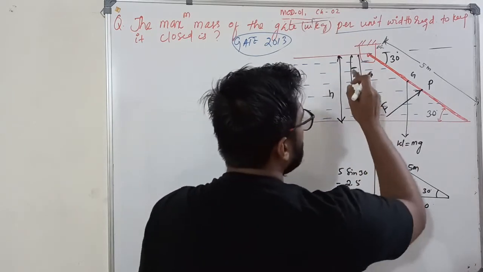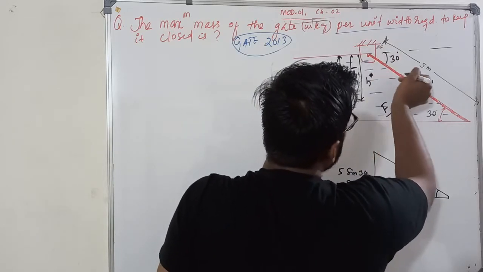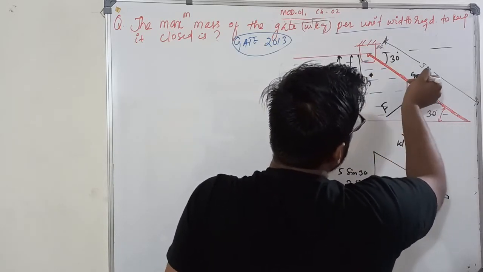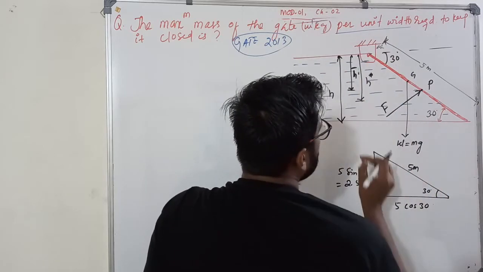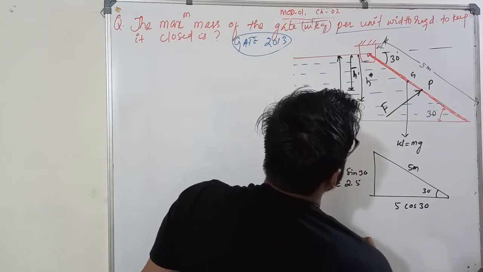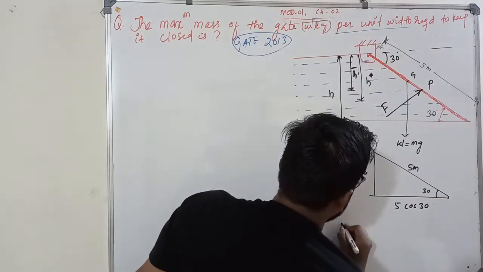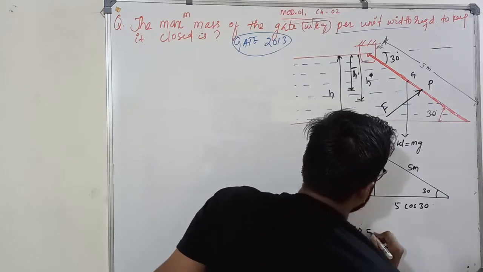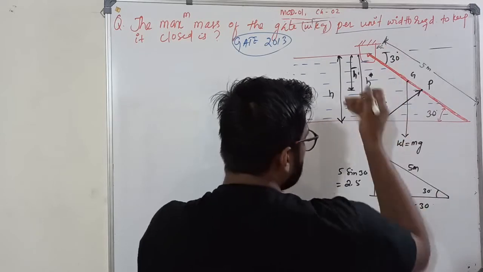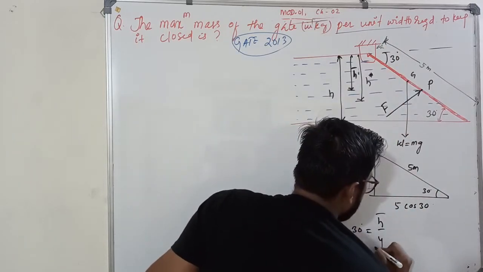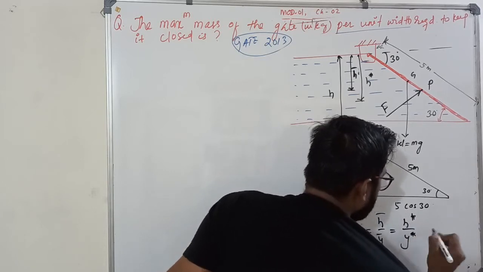So now I need to calculate H bar. How much is the distance from here to here? This is Y bar. Y bar is 2.5, that is half of this length to G. Now here you keep the angle. So this is Y bar, this is Y star, H bar, H star. So I will go for sin 30. What is sin 30? Come on. Sin 30 is opposite by hypotenuse. That is H bar by Y bar is equal to H star by Y star.